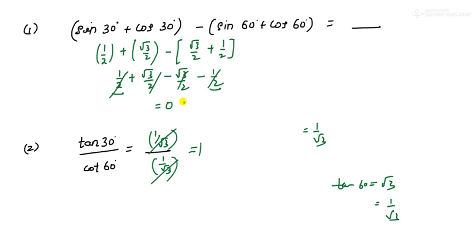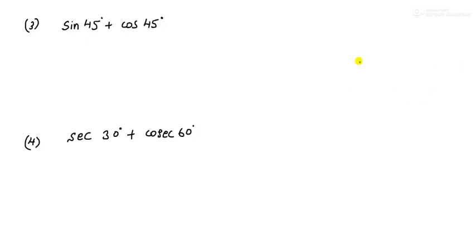Okay, so let us see another question. Here they have given, sine 45 plus cos 45 is dash. I will give you this as a homework question. Try to write its answer in the comment section. Don't look for the others' answers, solve it by yourself and then write. I will solve this question for you.